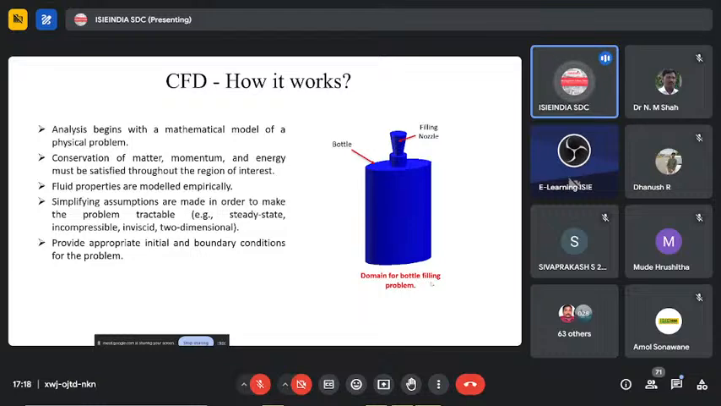The properties of the fluid inside the bottle, like viscosity or density, are basically defined empirically with the help of experimental data. These properties also influence how the fluid behaves under various conditions, such as at different flow rates and pressures. And sometimes, to make the problem tractable,